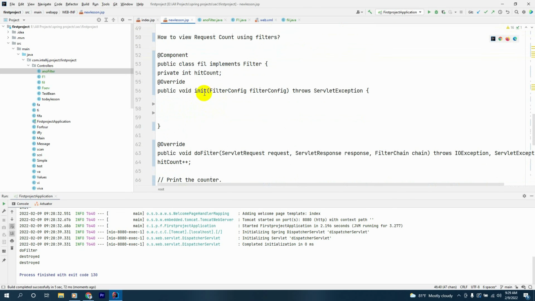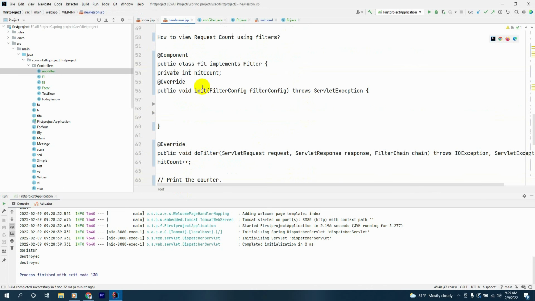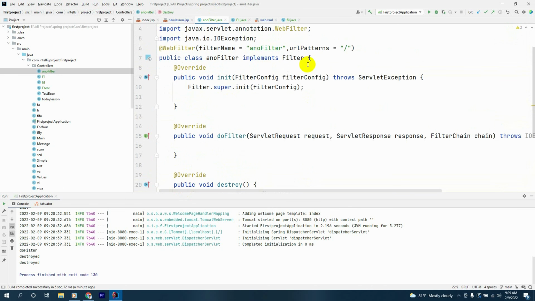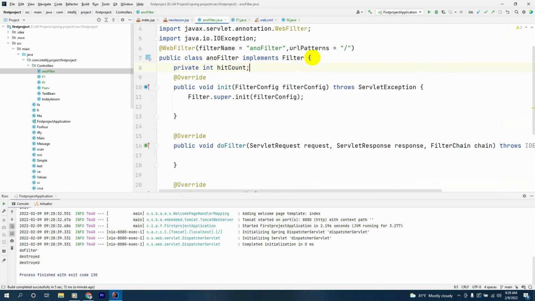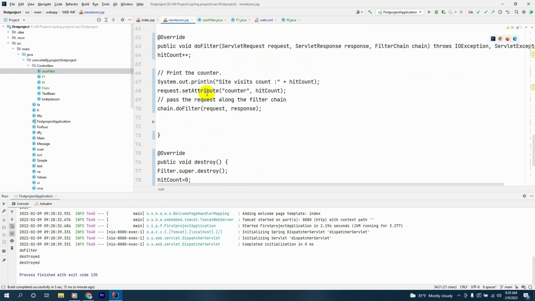How to view request count using filters? We'll have a simple app that finds the request count in the filters. We remove these SOUTs from this filter, and we'll first have a private int hitCount inside the filter, and then in doFilter